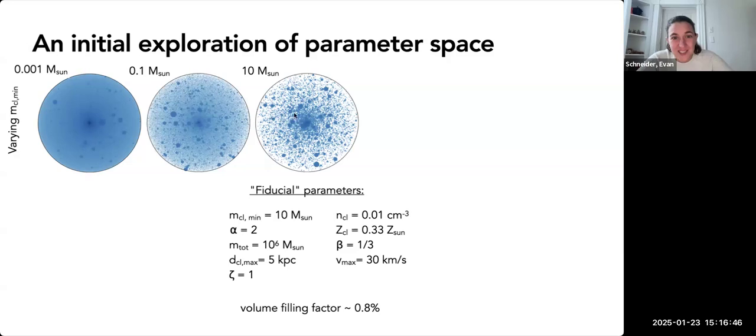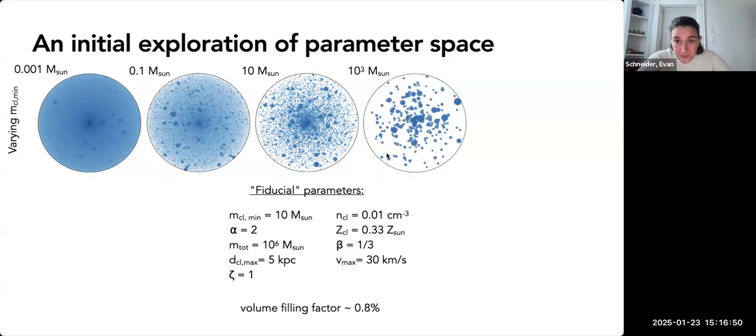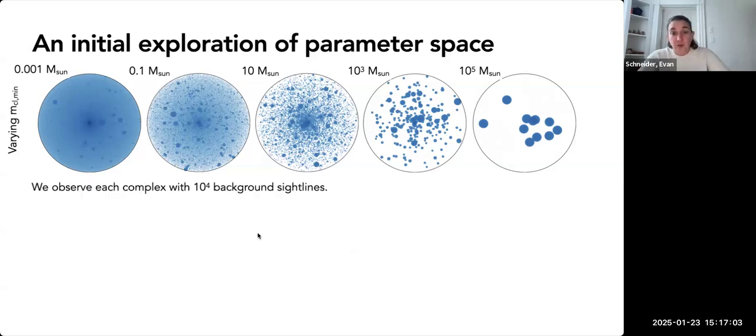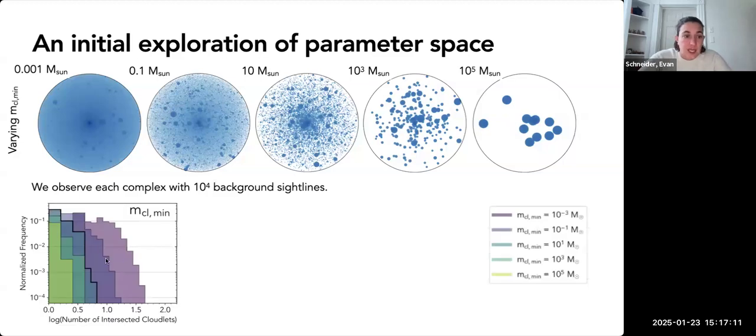So as you increase the minimum cloudlet mass, your covering fraction gets smaller, until, at the largest cloudlet masses, you just have basically blobs. That said, all of these models have the same volume filling fraction. It's the same total amount of gas. You can then observe the complex. And so for the histograms I'm about to show, we observed each of these with, say, 10 to the 4 background sightlines and put together,